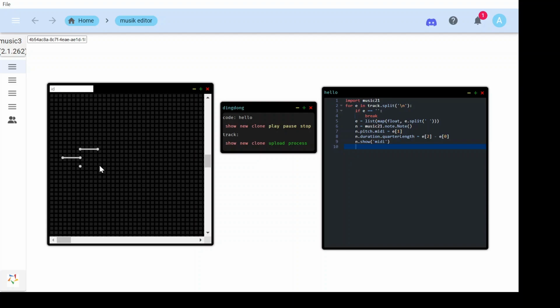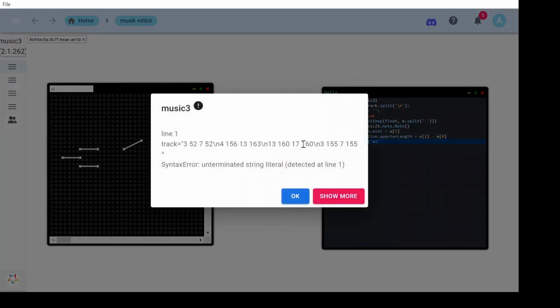You can even do sliding notes. But since this code you can edit it, and if you click process, it shows an error. This is the track you see here. Anyways,